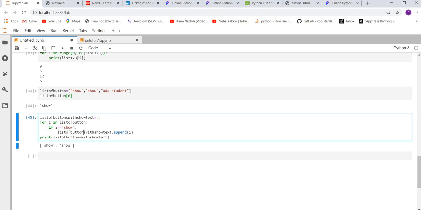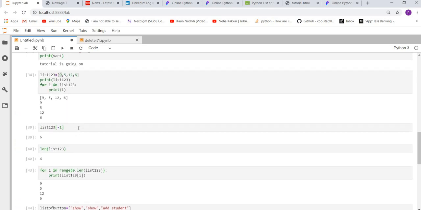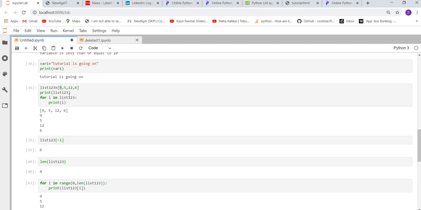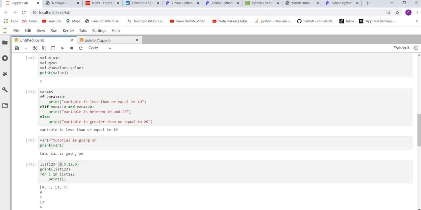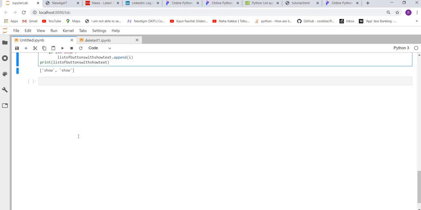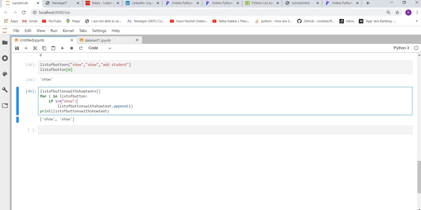Over here you can see that I have put two equal to signs. If we are using an if condition, then we need to use two equal to's to check if the condition is being met. If we are assigning something to a variable, then we'll use a single equal to. Over here, list 1 2 3 equal to, we are assigning. Over here var4 equal to 5, also a single equal to. But when we are checking some condition in if else, we would use two equal to's. I hope it makes sense.